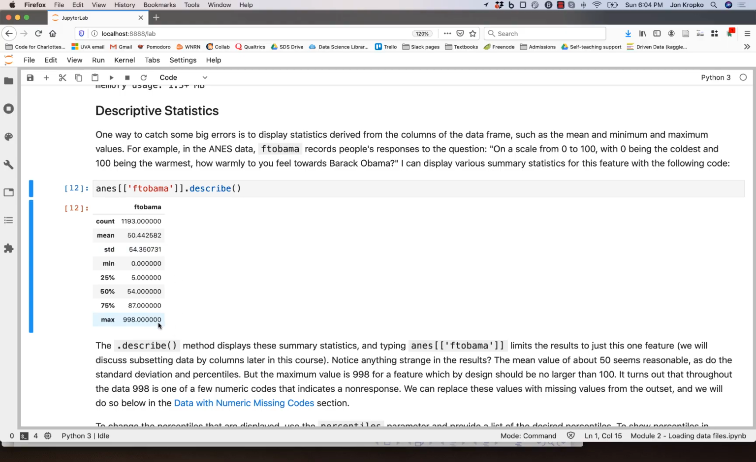This max, 998, is indicative to me of a problem because this is a 0 to 100 thing. So it turns out that they used 998 to represent a missing value. So the few people in the data who said, oh, I've never heard of Obama, they got a 998. I don't know who has never heard of Barack Obama, but they get a 998. That has to be changed, and that's one of the things we're going to have to go back and change,